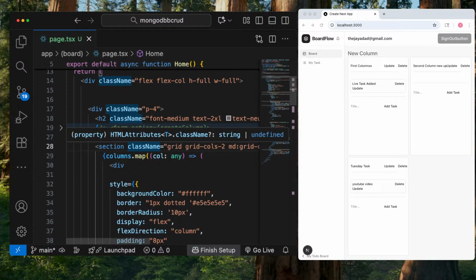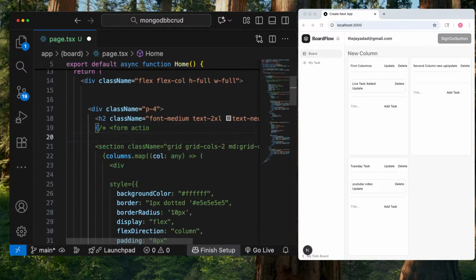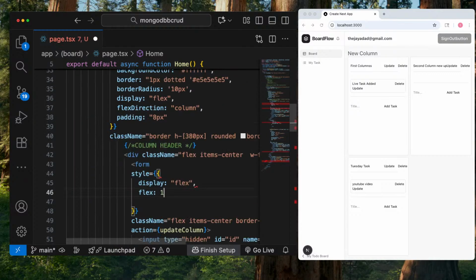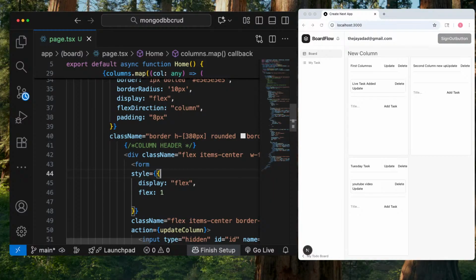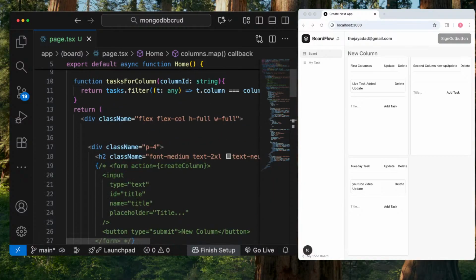So I think what I want to do is change this. Uh-oh. Up a little bit. I don't like the way it looks. So why don't we